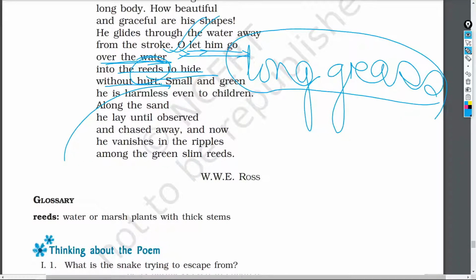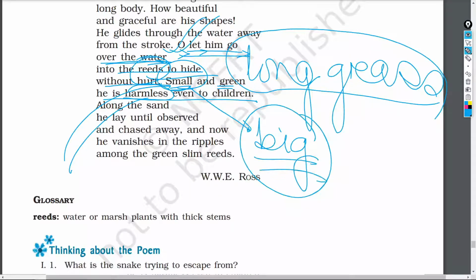तो एक तो है कि मतलब he is a very graceful and beautiful, he is very charming and attractive, and therefore more particularly देखेंगे कि मतलब वो मतलब small है और green है, and he is harmless even to the children, he is harmless even to the children, वो हानि रहित है, मतलब वो हानिकारक नहीं है। हानिकारक किसके लिए नहीं है? छोटा बच्चा जो है उसके लिए भी वो हानिकारक नहीं है, वो हानि रहित है ना, क्योंकि वो small है, वो बहुत छोटा है ना। छोटा का मतलब अपोजिट क्या है? बिग, है ना, और उसका कलर मतलब क्या है? ग्रीन।